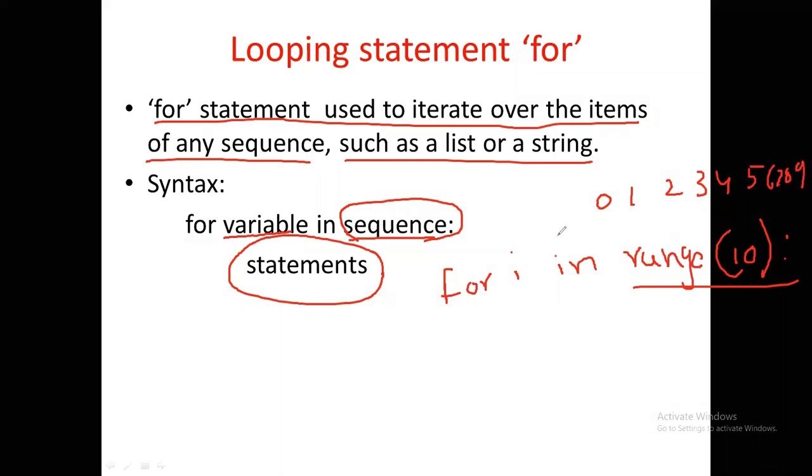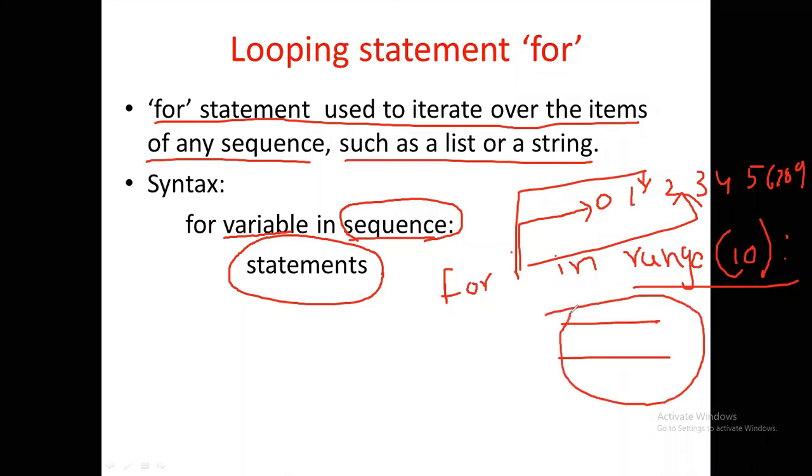This is the sequence. In the first iteration, what is the i value? 0. In the second iteration, 1. In the third iteration, 2. That means in every iteration, the variable i takes a value from this sequence and you are going to execute some statements.